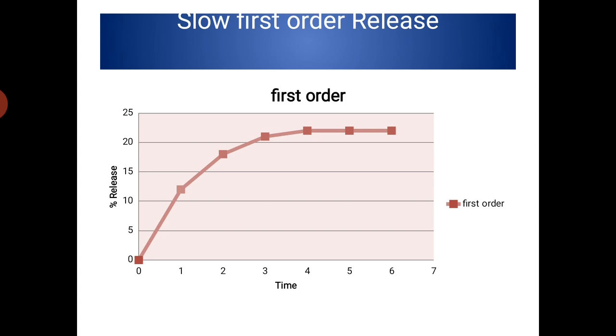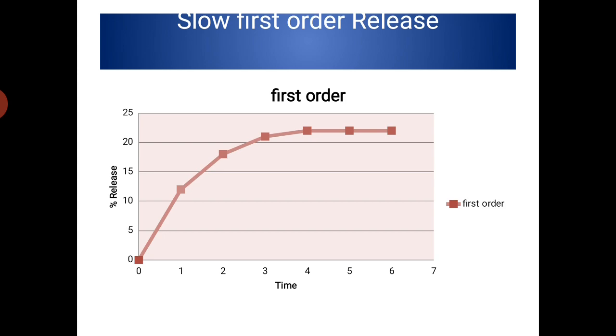Now let us see in the next portion, the slow first order release pattern. And you know what first order is, because the drug release depends upon the amount of drug present in the delivery system. If the amount is higher, it releases a higher amount. If the amount is lower, it releases a lower amount. So this movement of drug from the delivery system into the GIT depends upon the amount of drug present in our drug delivery system. Now, this type of delivery system is inferior to our zero order release patterns. Why is it inferior? Why do these delivery systems become inferior?